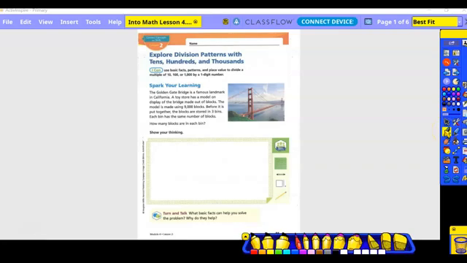So let's pull out our numbers, the 9,000 blocks, and then the 3 bins. And then they want to know how many blocks are in each bin. Okay, so how many bins or groups do I have? 3, right? So I need to draw 3 circles for my 3 bins or my 3 groups. Now we can use these 10 blocks, but sometimes to do 1,000, it's kind of hard to try and draw 3D. So we've learned that you can draw a flat and put a T in it to say 1,000, right? Okay, so I'm going to draw